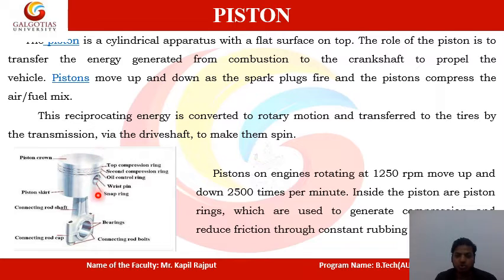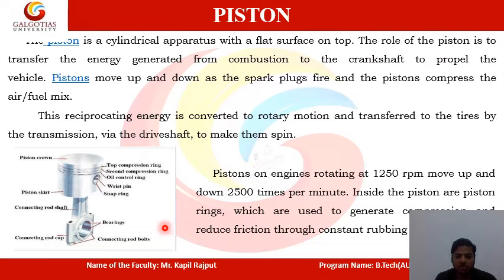The piston moves up and down as the spark plug fires, and the piston compresses the air-fuel mixture. The reciprocating motion is converted to rotary motion and transferred to the tires by the transmission via the drive shaft to make them spin. So this up and down motion, that is the translation motion, is converted into the rotary motion of the crankshaft, which is further transmitted to the wheels through a set of gears. This is the main function of our piston. With the engine rotating at a particular RPM, it moves up and down 2500 times per minute,